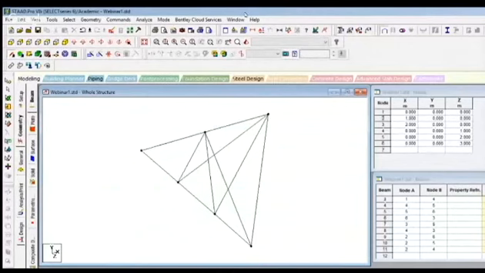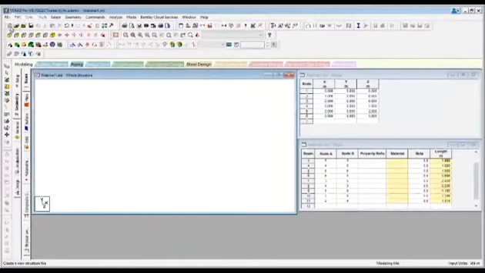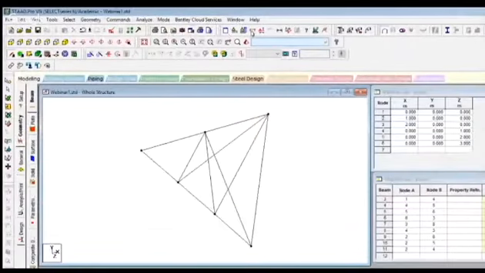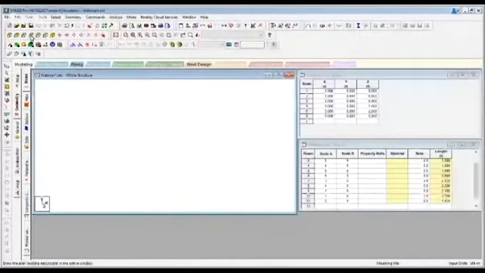Now we will look into the general GUI, graphical user interface, of STAAD. You can see in the first row, there are some windows. In the second row, there are some commands like new structure, save, STAAD editor, run analysis, etc. We are going to learn each and every command which is necessary for the computation to design a steel tower. In the third row, there are views, and there are some commands about rotation and move. In the fourth row, there are commands of add beam, add plate, add surface, add solids, etc.